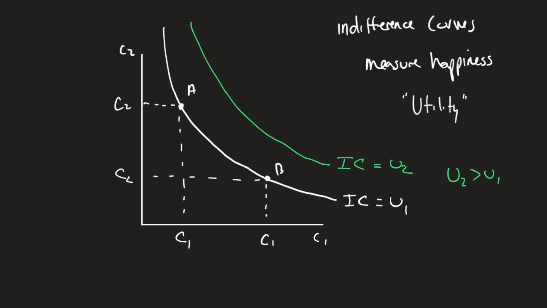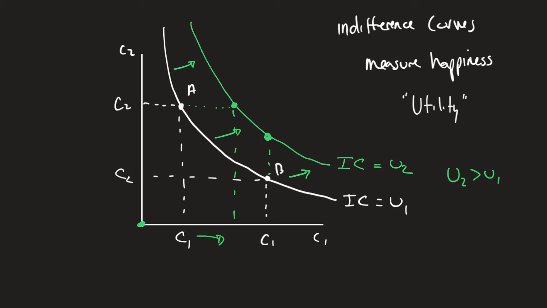And why is that the case? Well, let's look at this point right here. Let's look at this point. This point is getting us more C1 with the same amount of C2. Or maybe this point right here is more C2 with the same amount of C1. So whenever we see the indifference curves going away from the origin, we know that that's an increase in the